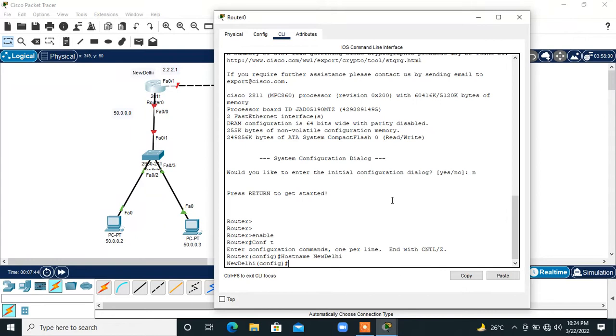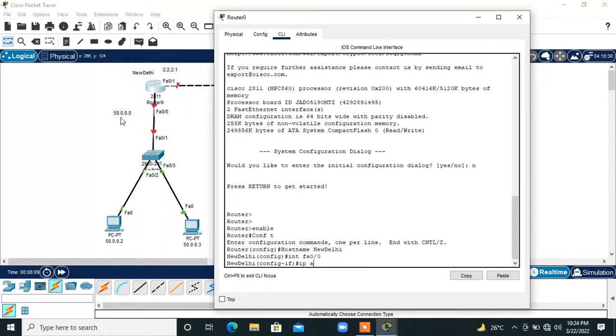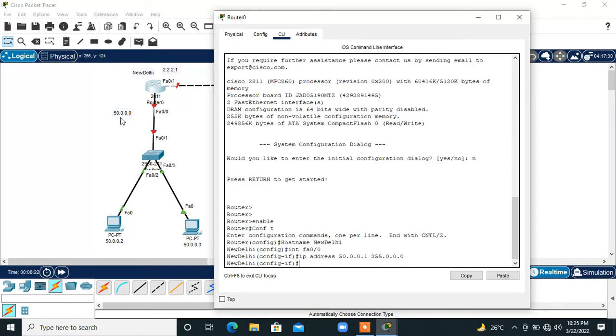As you can see, we have two interfaces, FA0/0 and FA0/1. On FA0/1 we have to assign this IP address, and on FA0/0 we are going to take the IP address as 50.0.0.1. So let me configure this FastEthernet 0/0 interface, FA0/0, and IP address 50.0.0.1, and as you know, the subnet mask would be 255.255.255.0, because this is class A, and I'm going to make it